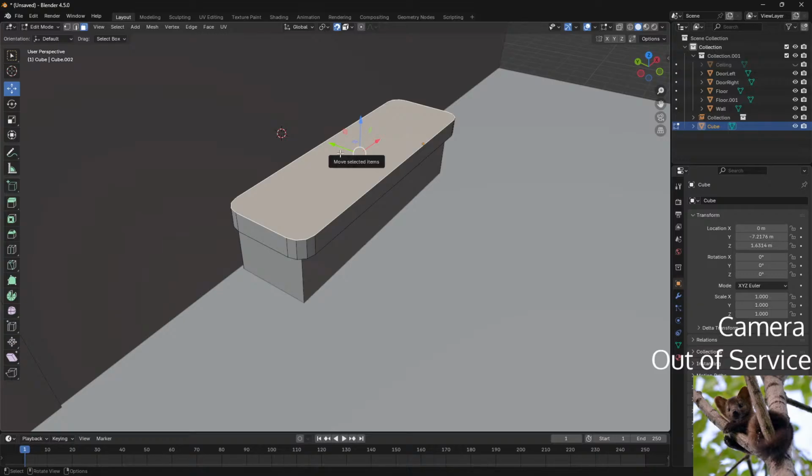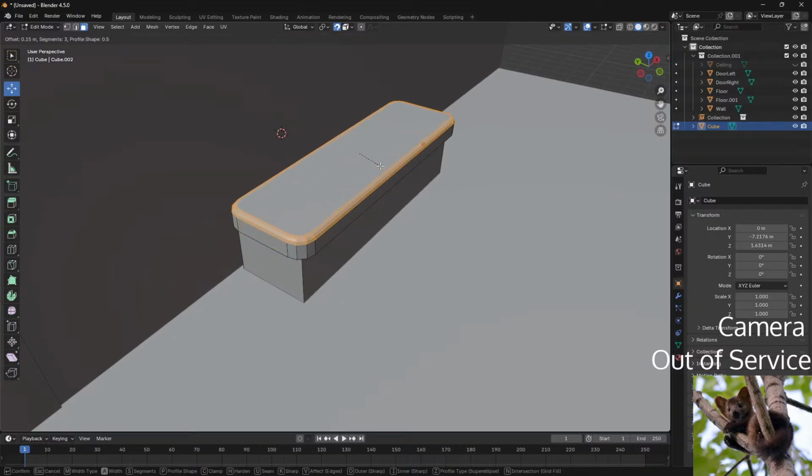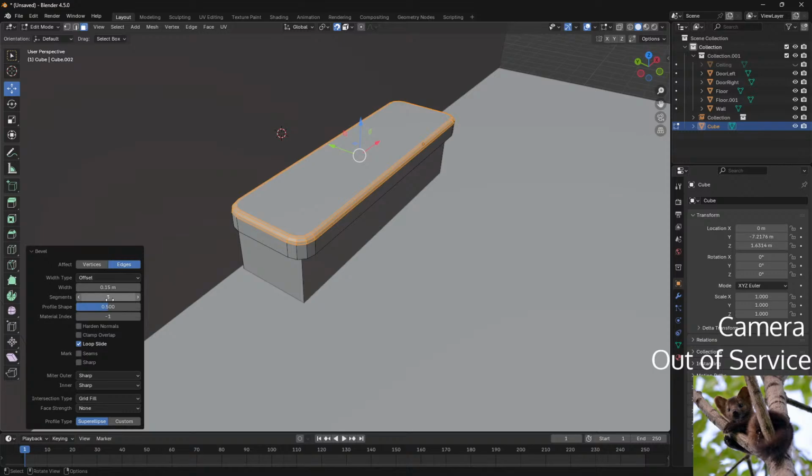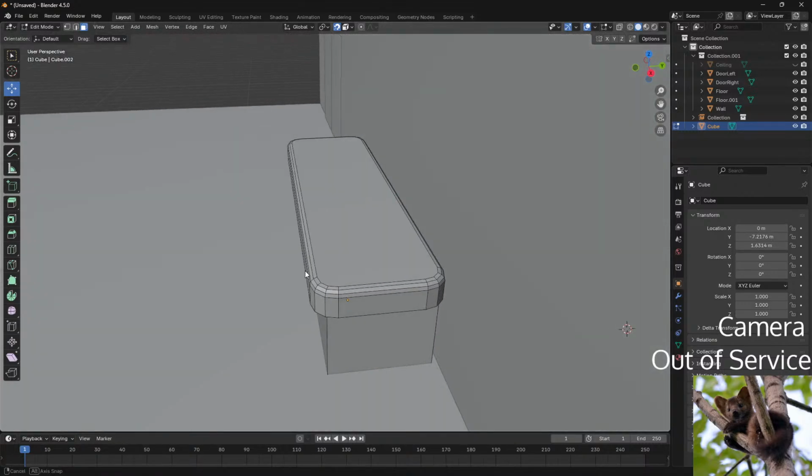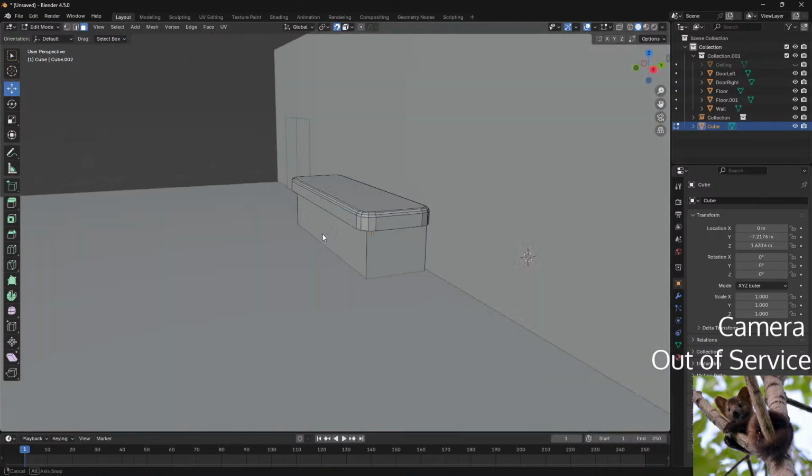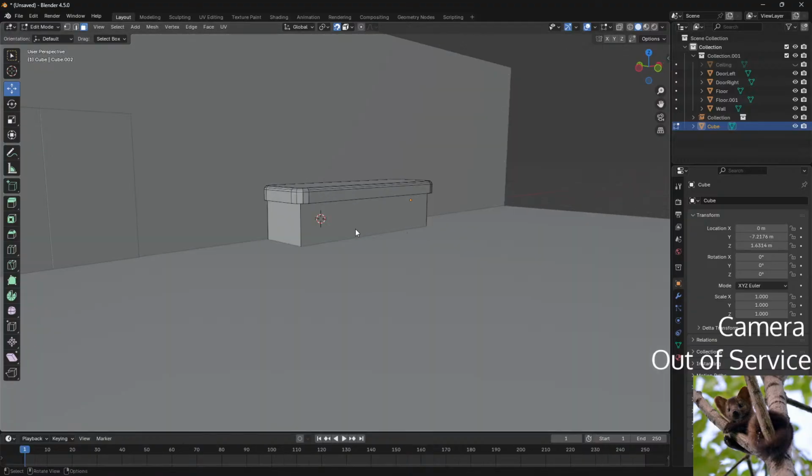I think that's how I did it for... That's pretty much how it is rounded. Do I want to round the bottom part?